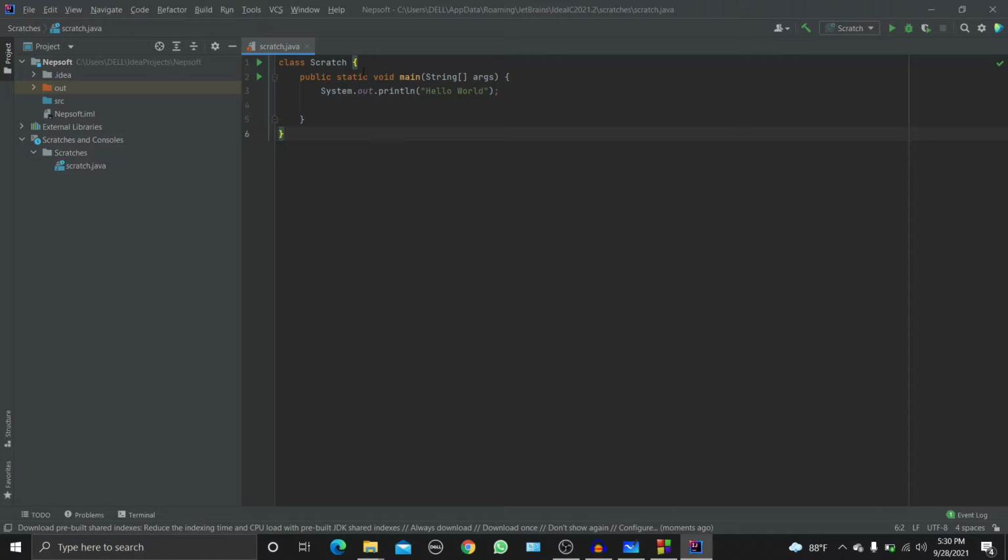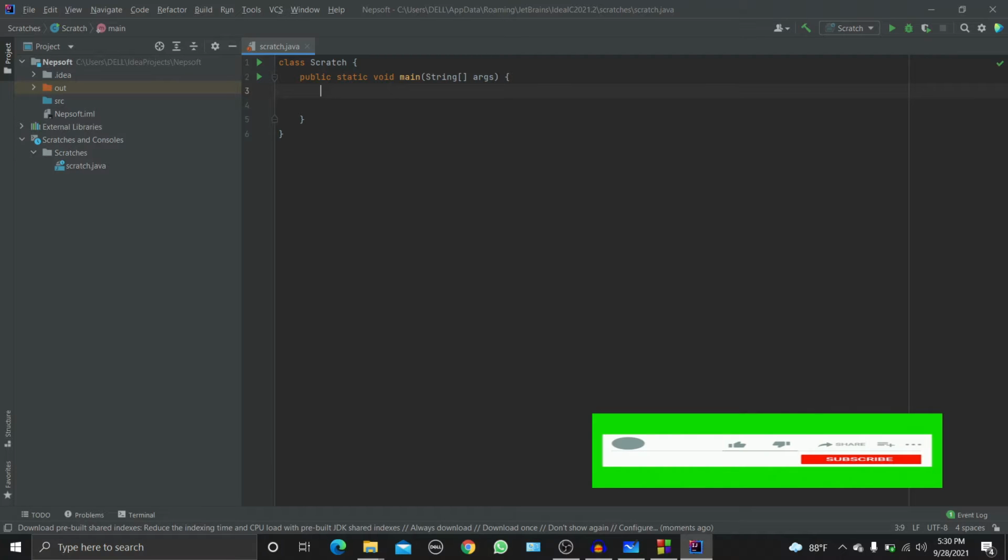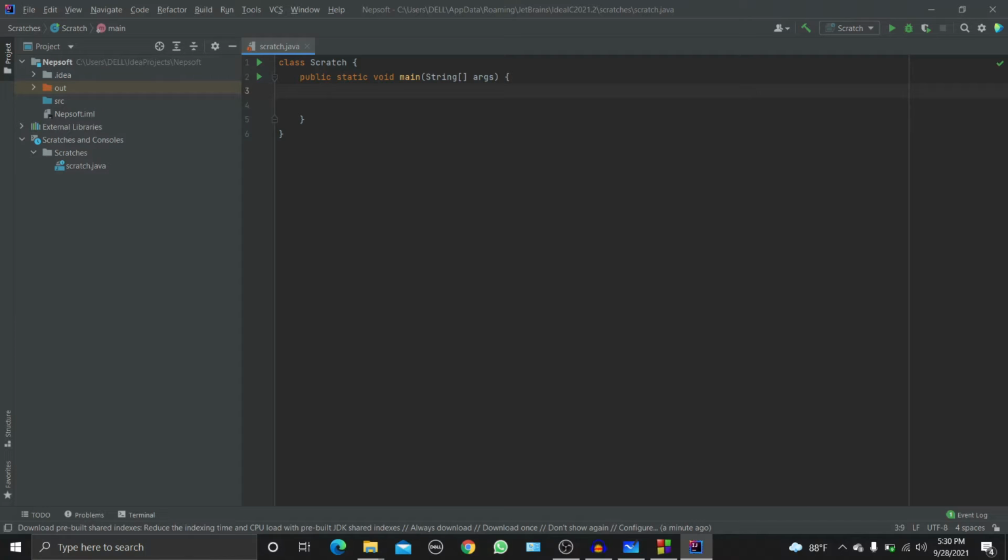We have our last program, Hello World, from class Scratch. We have scratch.java saved over here, and today we'll learn about writing programs for sum, that is a plus b. And in the next video, I will teach you about class and objects. So stay connected with us for understanding class and objects. In this program, we will write sum of two numbers, or you can just simply say any arithmetic operations.